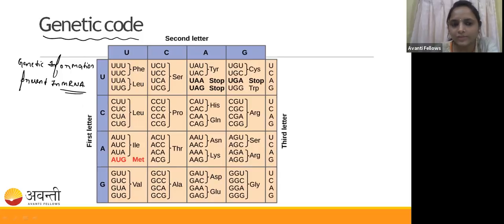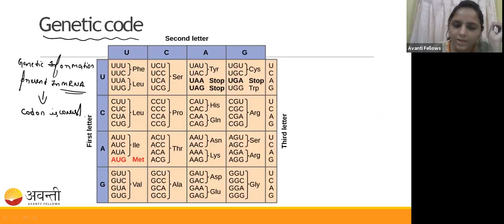So guys, the code which is present in the mRNA is called the codons. These codons are read by the tRNA. The tRNA is not going to understand English or Kannada or any language. It is going to understand the language only when it is in the codon form.